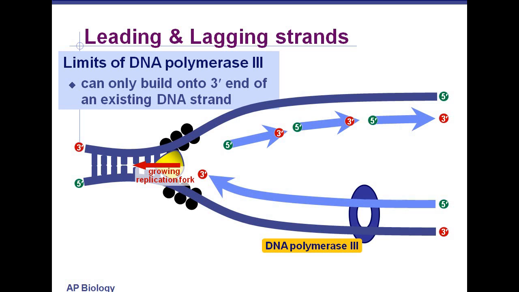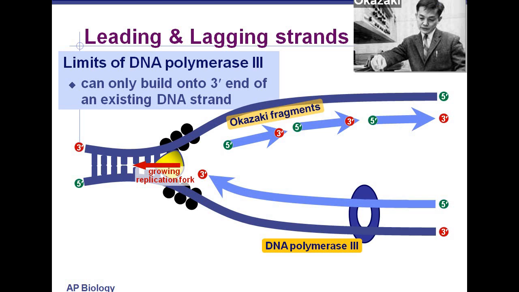this is the working of the DNA polymerase third, and this can only builds up to the 3' end of an existing DNA strand. Now these are the Okazaki fragments. These are the small fragments of the discontinuously synthesized DNA, which is also known as Okazaki fragments, and these are produced on the lagging strand of the parent DNA, and these pieces are later on joined to form a continuous strand of DNA, and these Okazaki fragments were named after the scientist Okazaki.